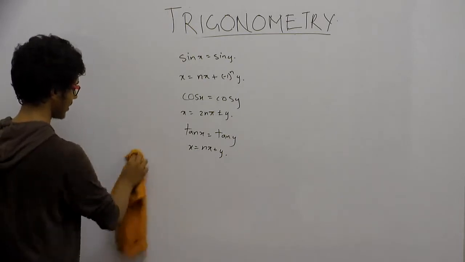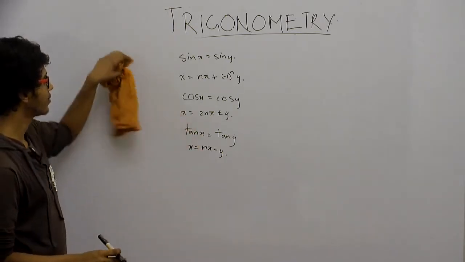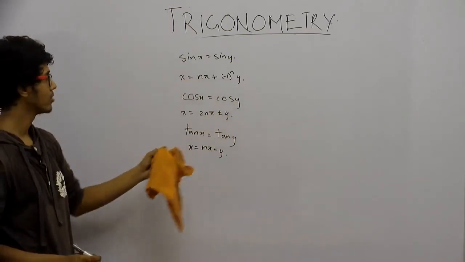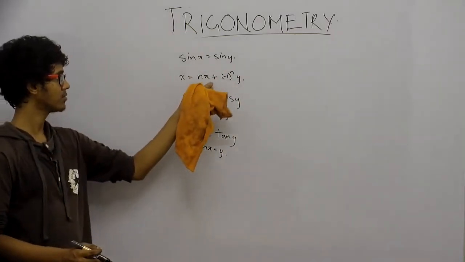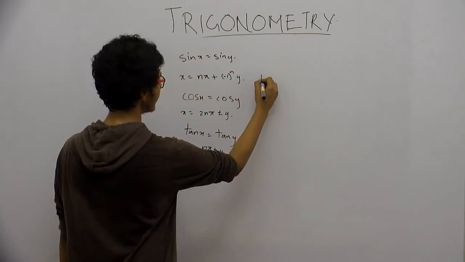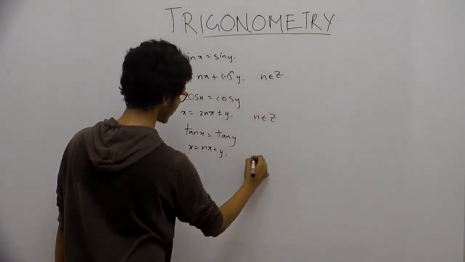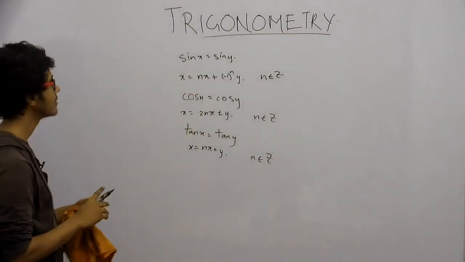Good. This is very useful when you have an equation of this sort, but you don't know x and the range of values of x and y. So you can extend these to this general form, and then write the values of n to conform them to a specific range. All right.